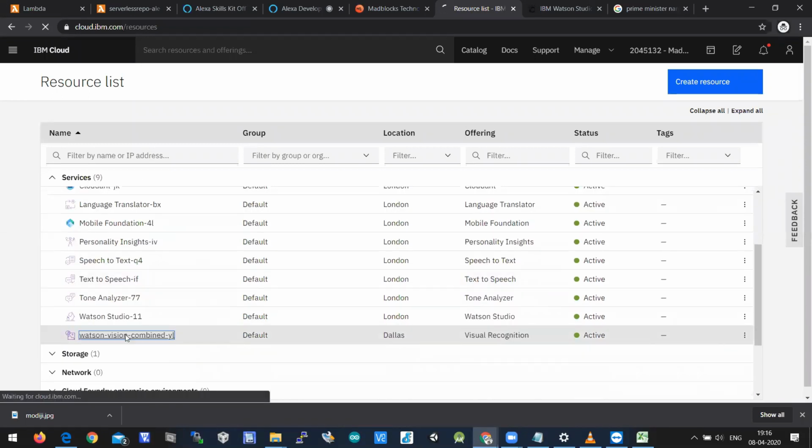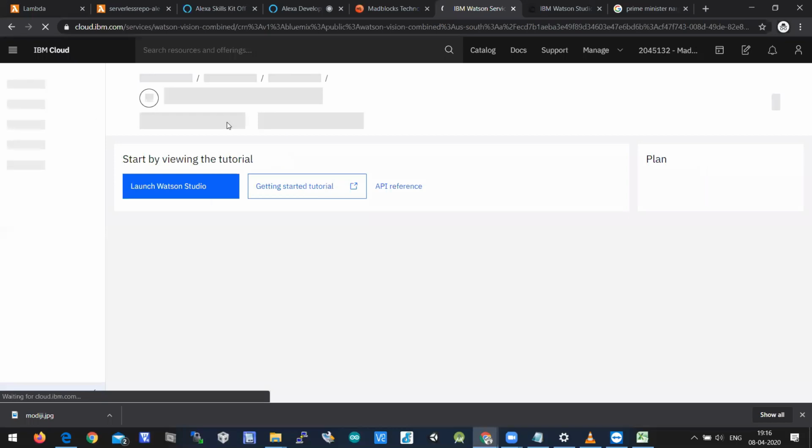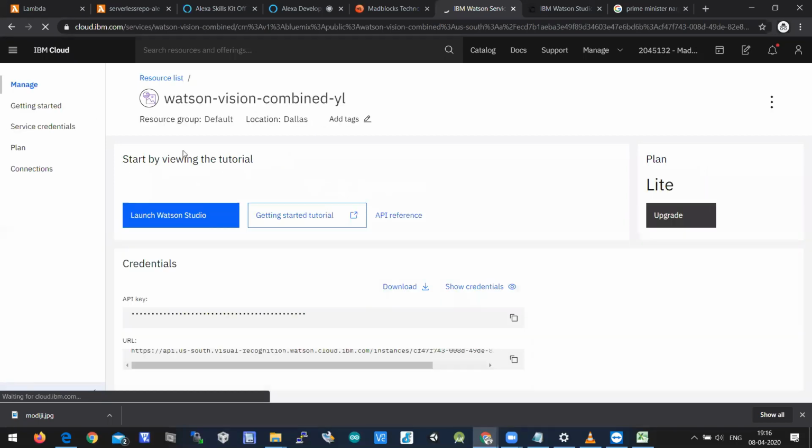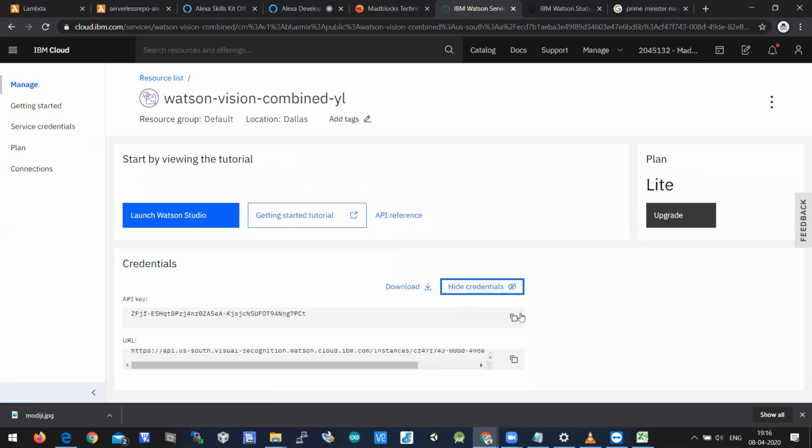Watson Vision combined. When I click on this, Watson Vision combined is the visual recognition service which was created. So here you'll have an API key. When you click on show credentials, you'll get the API key. This is the API key.